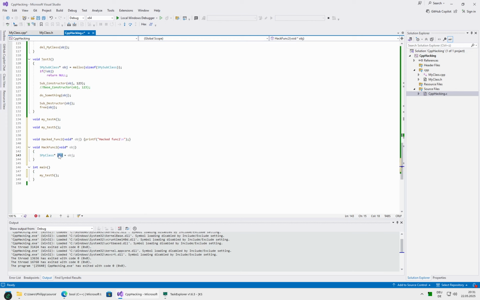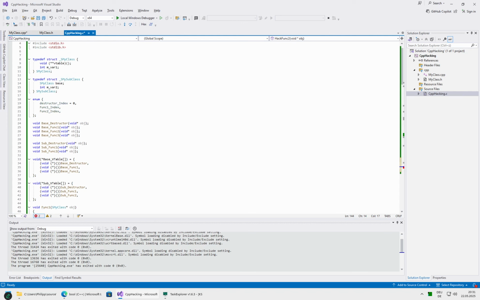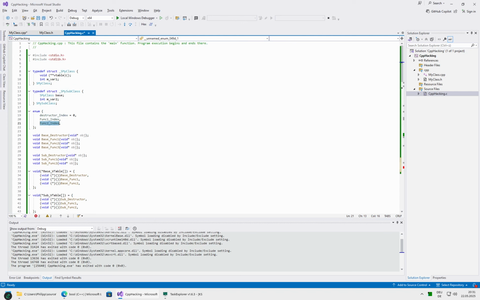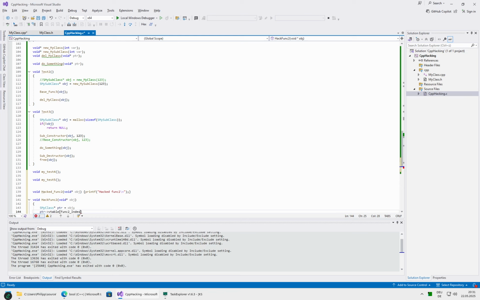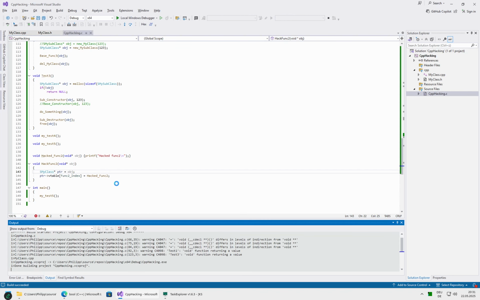Object, so we have this thing, we have our vtable. Function 2 was at index 2. Actually, we can just use our index enum to access it correctly, and then we just overwrite this with a pointer to our function 2, and that's it. But that will crash, at least it should crash,